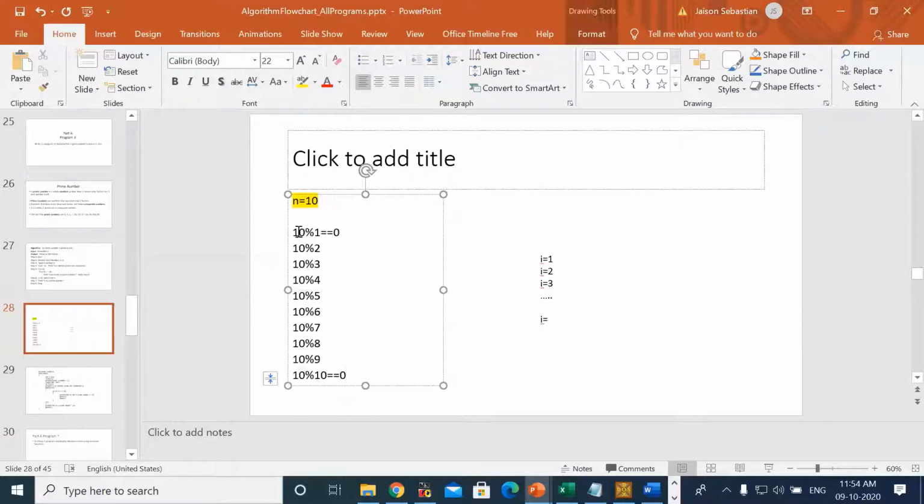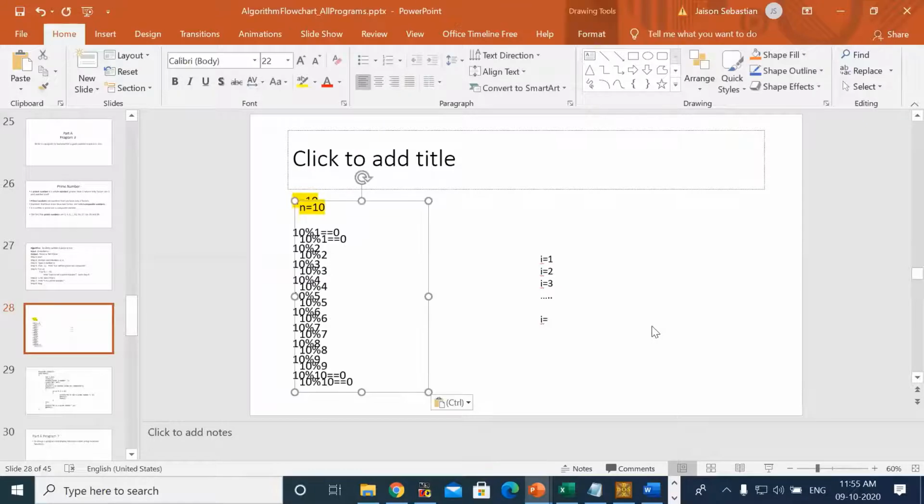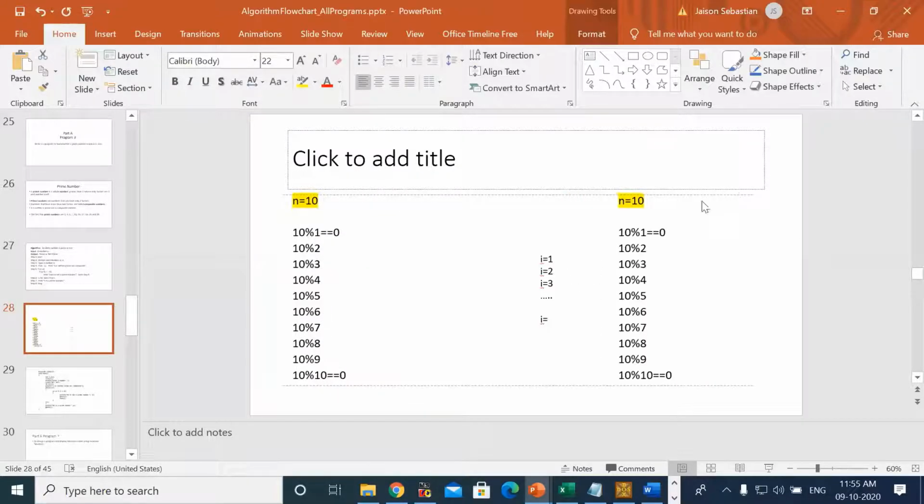Even if you enter 23, you know 23 is a prime number. Whatever number you take, whether it is a prime or a composite number, the first number you will be dividing by is 1, and the last number will be 23.